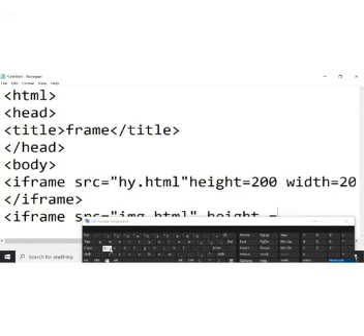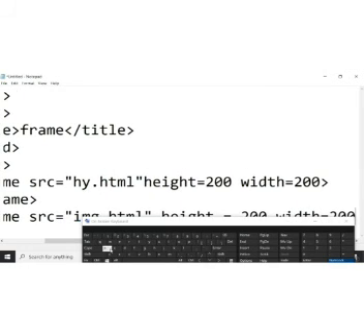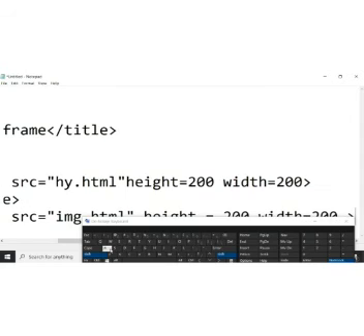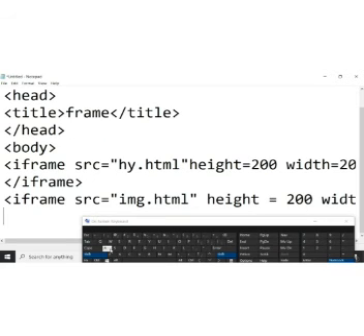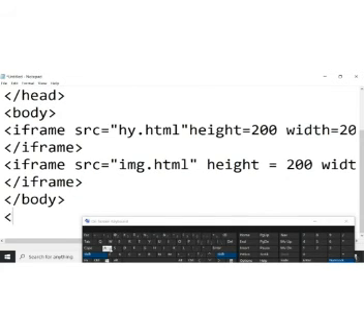So I'm using two iframes here, which means in this one HTML document you will view two frames. I'll close my iframe here, then close my body tag, and then close my HTML tag.